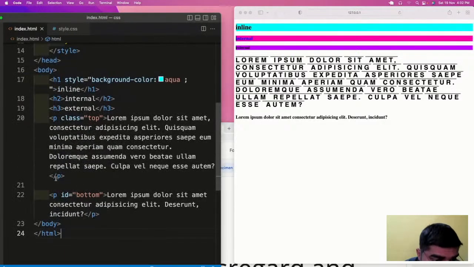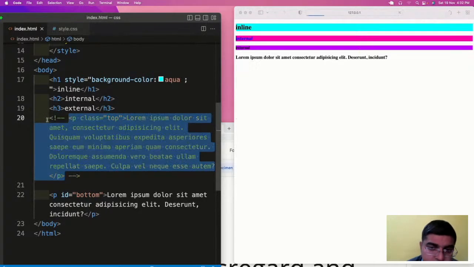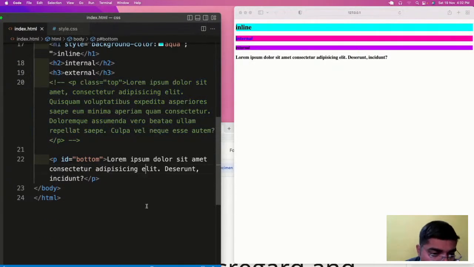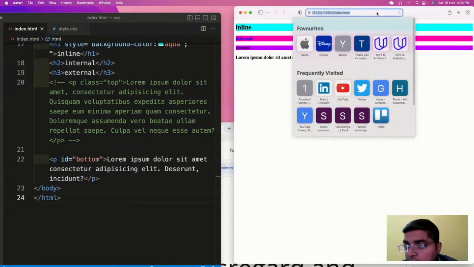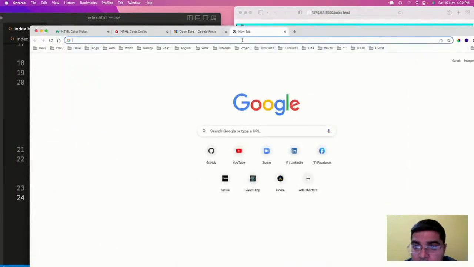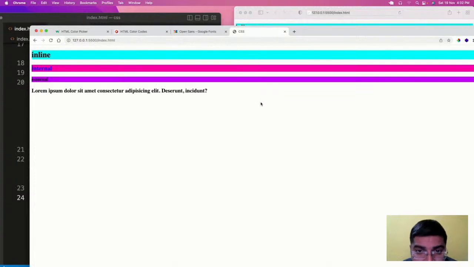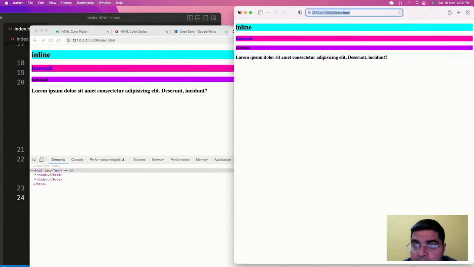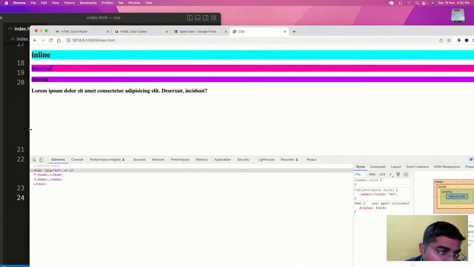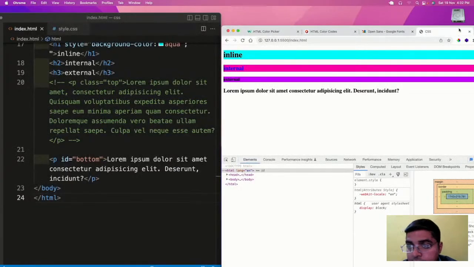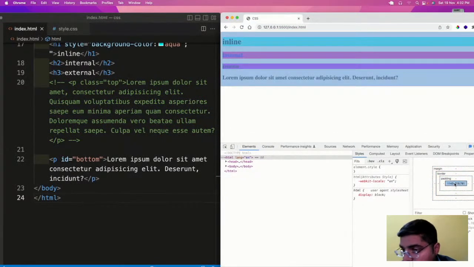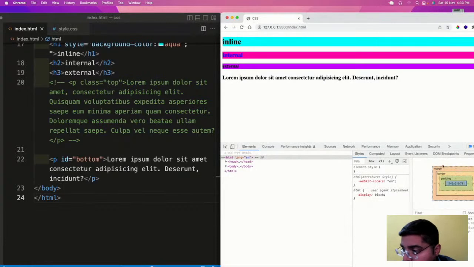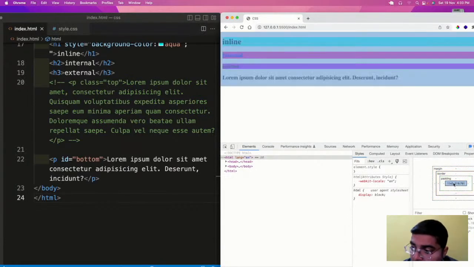Okay, now let us see the next thing, the box model. So let me do one thing. Here we need to switch to Chrome, because Safari will support us only till here. As I've told you in advance, every browser has a limitation. Safari has a limitation that it does not show us the box model. Now see, this kind of thing is a box model. You can see so many boxes are there.